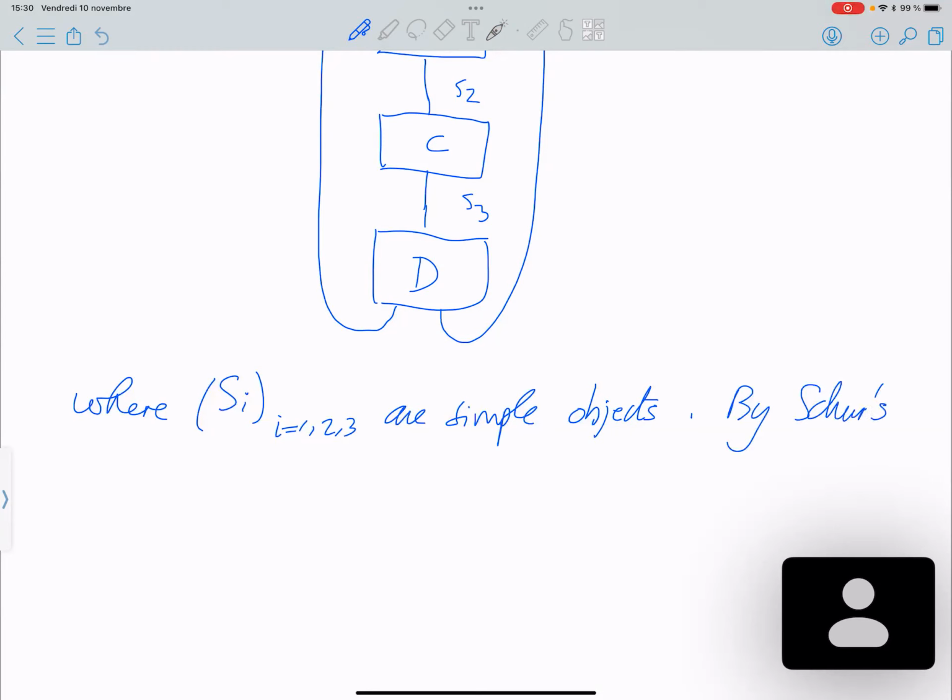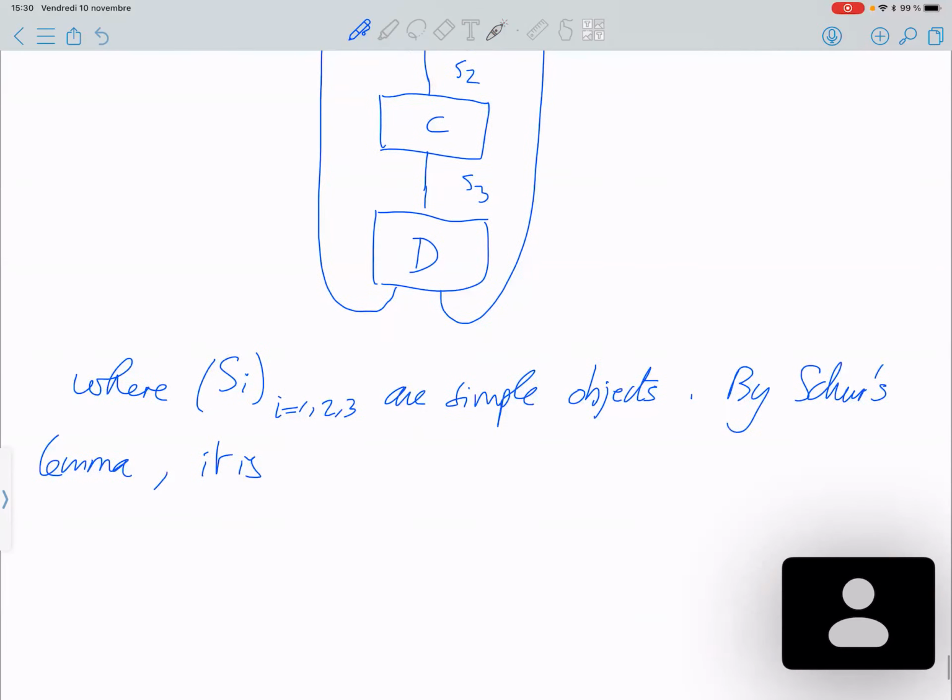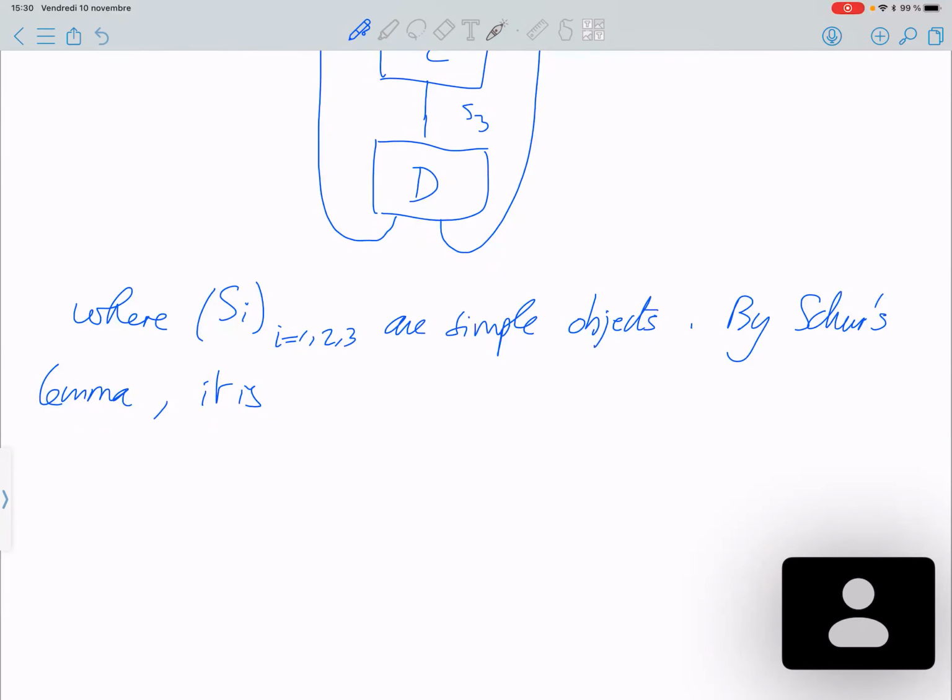By Schur lemma, it is non-zero. So what is non-zero? This picture here is interpreted as a non-zero scalar. It is non-zero if, up to isomorphism, you have S1 equal S2 equal S3,